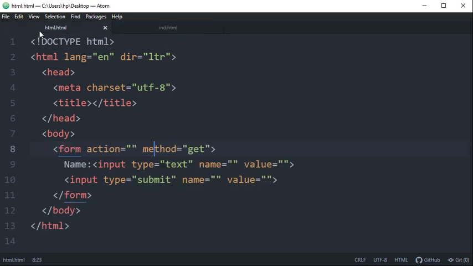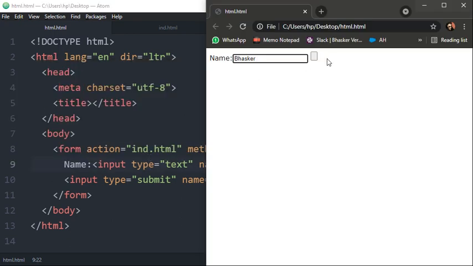And in the action, I'm calling this file as soon as I press the submit button. So whenever I enter my input text and click on the submit button, it redirects to this HTML file, and I get the message saved in that HTML document.